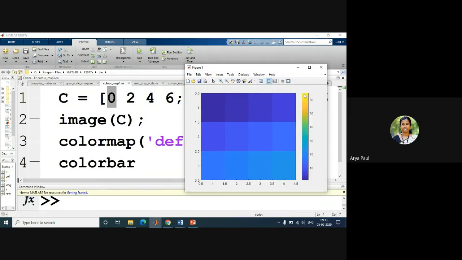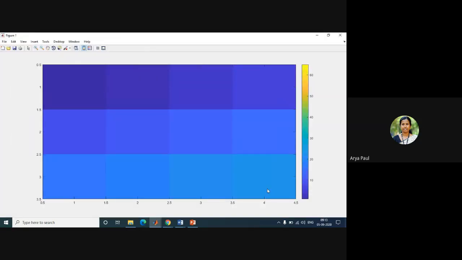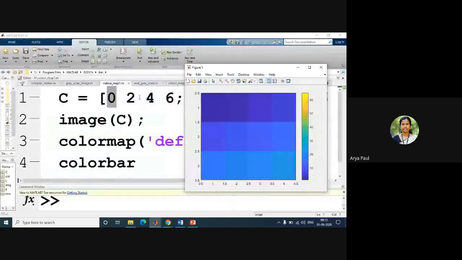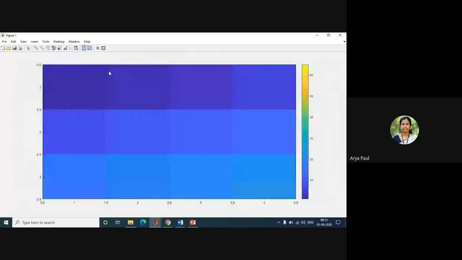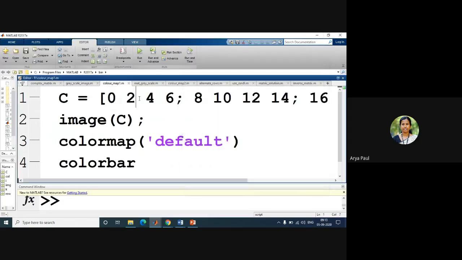The maximum color is yellow and the lowest color is dark blue. So 0 indicates it's a very dark blue. Next value is 2. 2 indicates it is also a blue. All these colors are different combinations of this blue color. So 0, 2, 4, 6, 8, 10 like that.